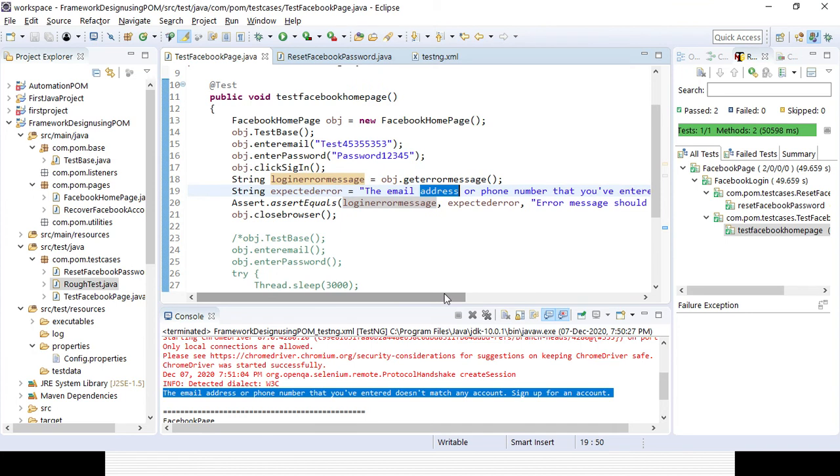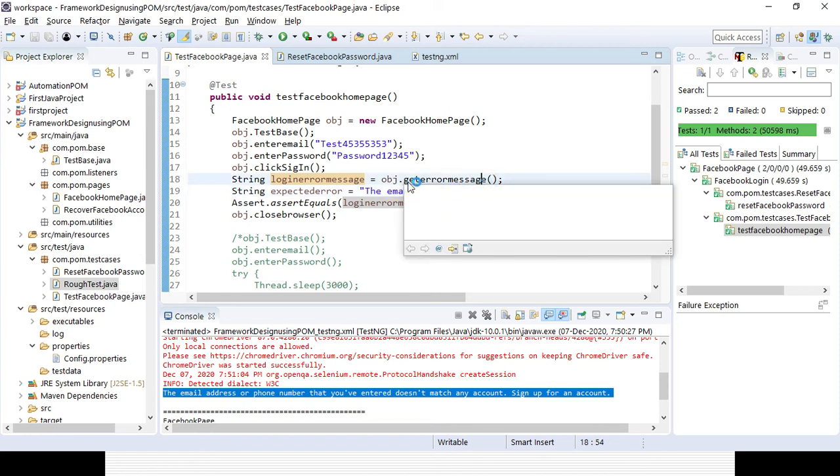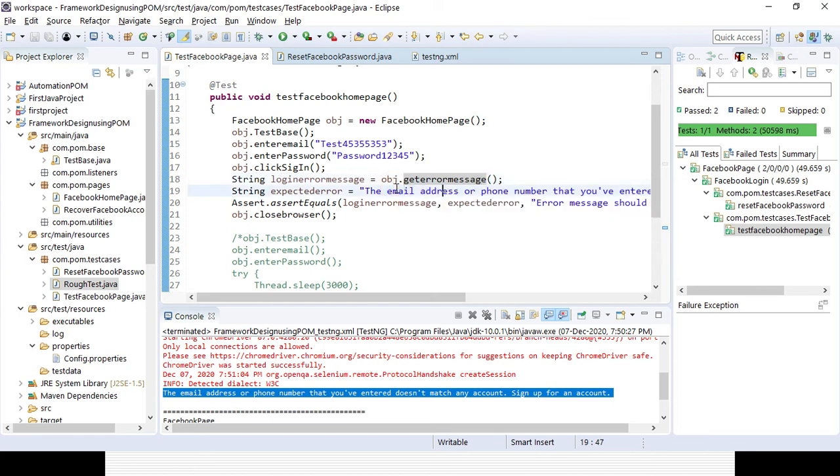Now if you want to change anything, a particular test case can fail. Let's change it to 1. The string error message expectation is 1 instead of that, so it will fail one test case.